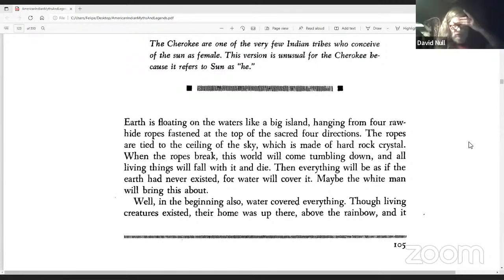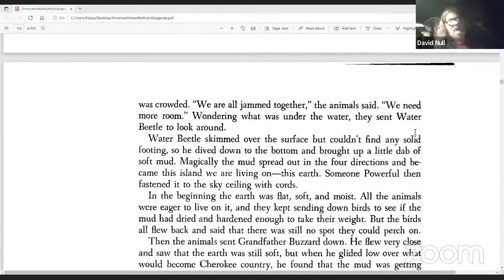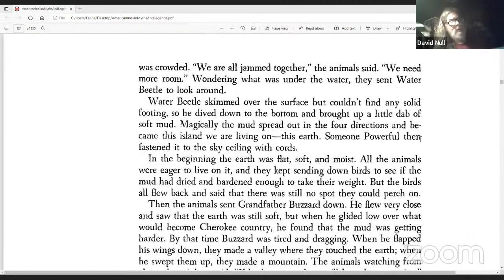Well, in the beginning also, water covered everything. Though living creatures existed, their home was up there, above the rainbow, and it was crowded. We were all jammed together, the animals said. We need more room. Wondering what was under the water, they sent Water Beetle to look around.